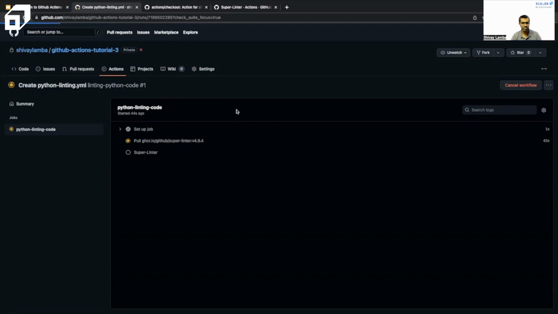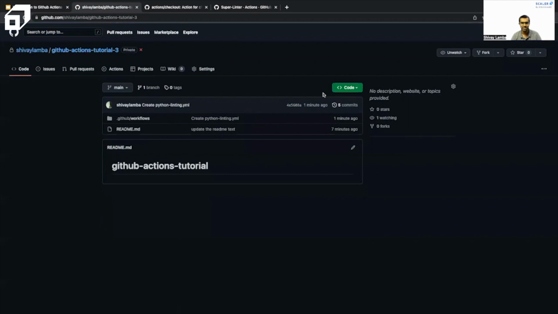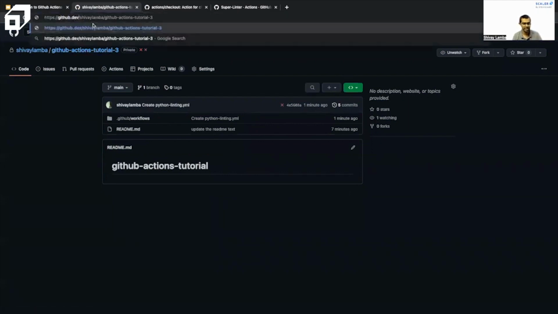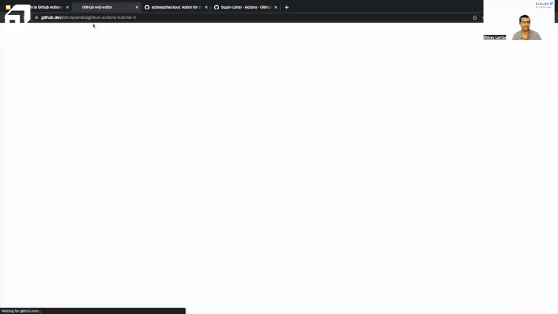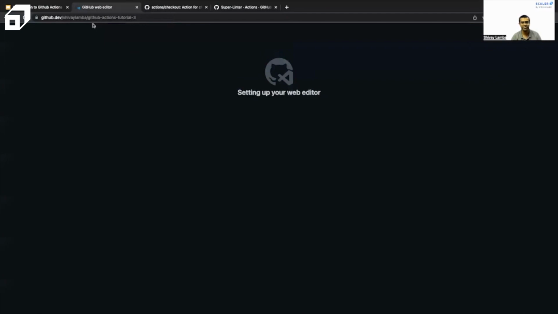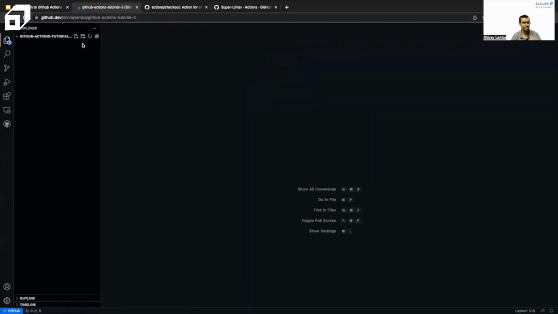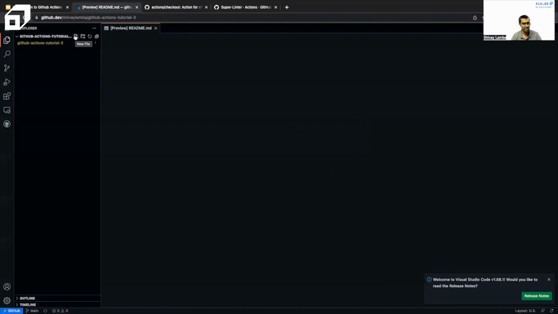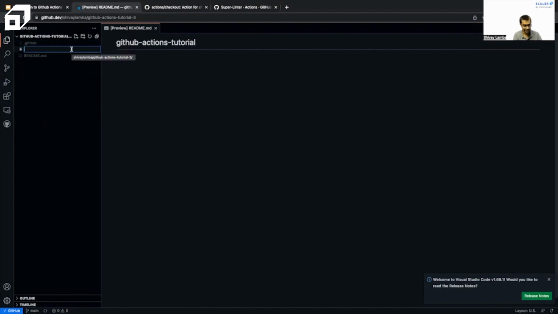But of course, what we'll go ahead and do is create a Python file. So let's go ahead and do that. For that, I'll quickly convert this into the GitHub web editor to visualize our Python file a little better. So we'll create a new Python file. Let's wait for this to complete. Yeah, and I think we can go ahead and create a new Python file. We'll just call it